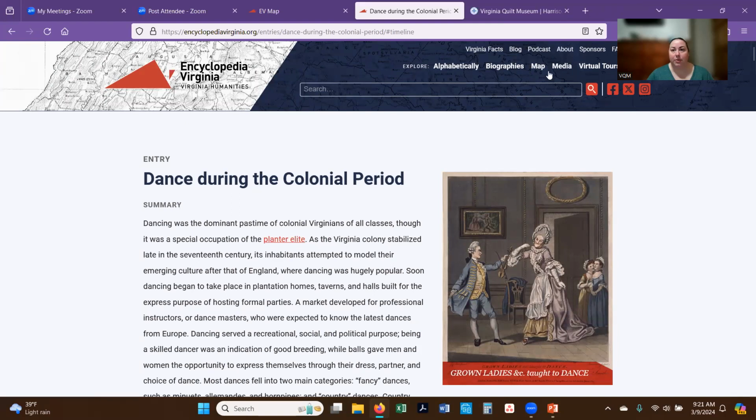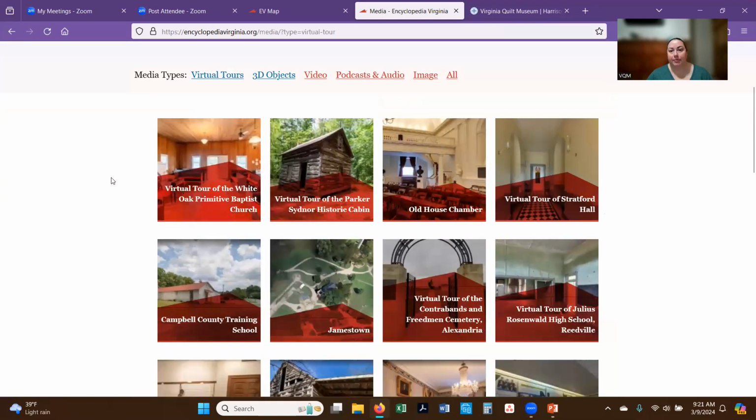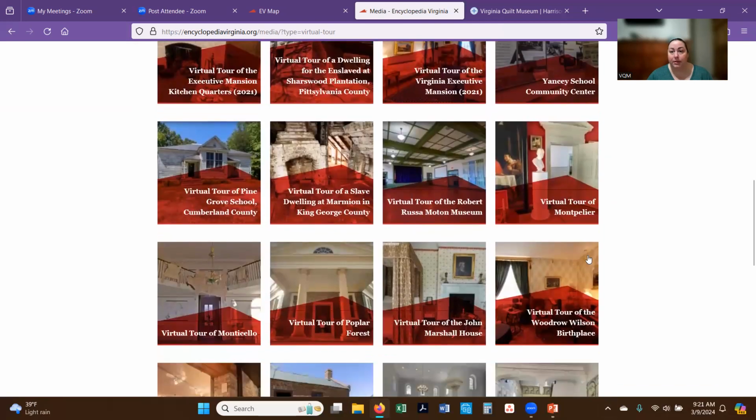So we can also take a look at some of the virtual tours they offer. So these are virtual tours of different sites around the Commonwealth. So you can see there's one of Montpelier, there's one of the Robert Russa Moton Museum, which that webinar that we are doing focusing on